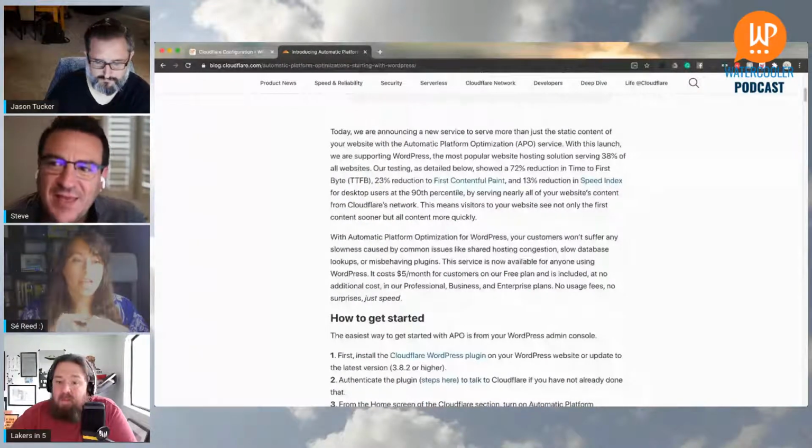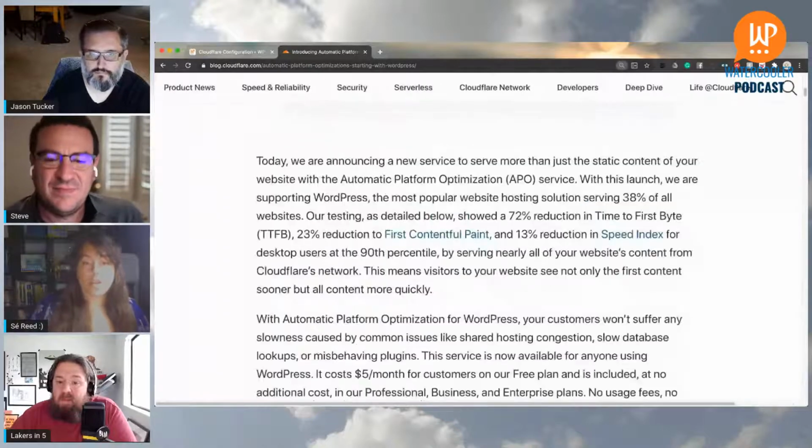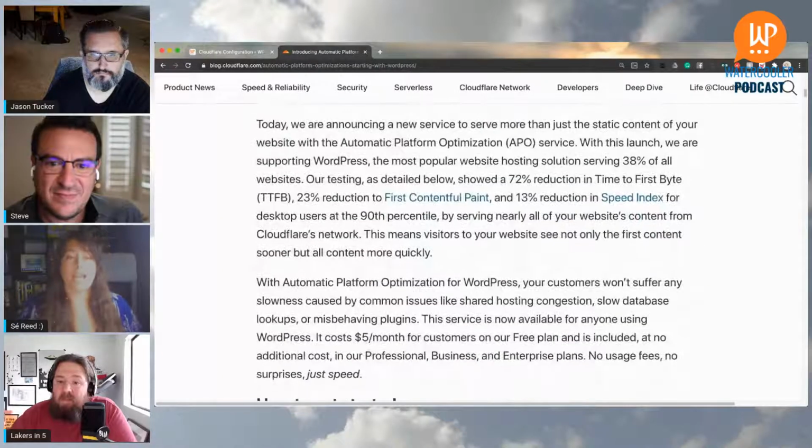What you want to avoid, I'm assuming, is stacking your Cloudflare on top of your other plugin to make stuff faster on top of whatever else you've got going on. So if just turning Cloudflare on doesn't really do anything, at the end of the day you really have to go in there and make the actual changes, right?